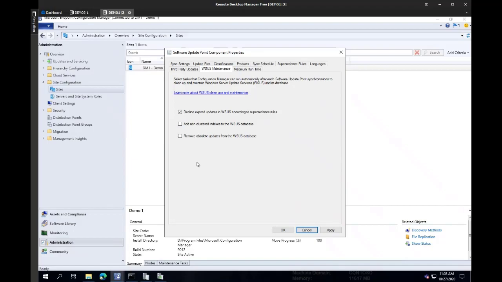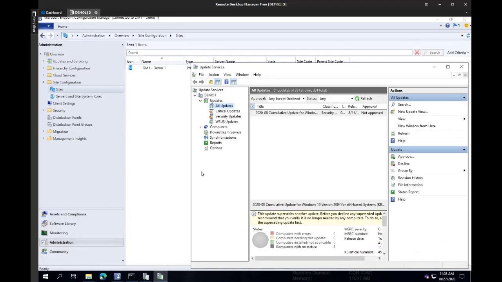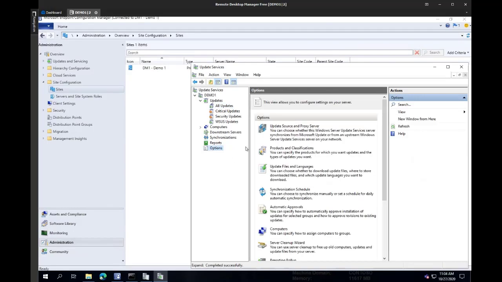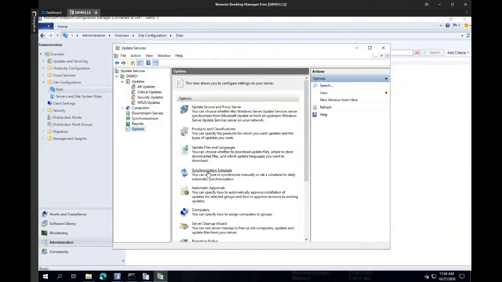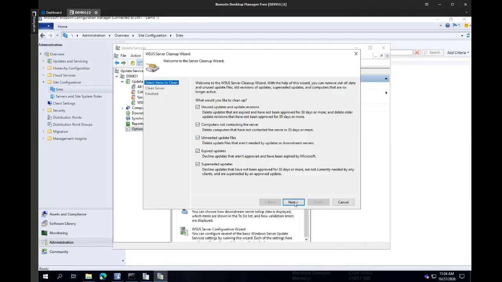I know they've looked a lot at WSUS on the Config Manager side and how to improve it, because everyone complains about WSUS. So I do expect in the future for this to be improved more. And then if you want to take action immediately, you can always go into your WSUS console, I guess this is called, and run the server cleanup wizard. This will get rid of a bunch of stuff in your database,